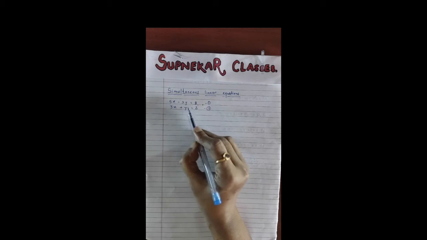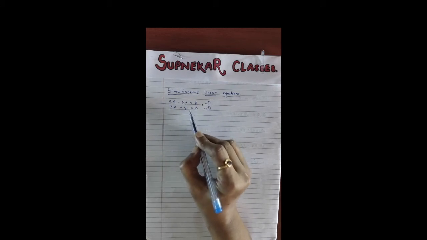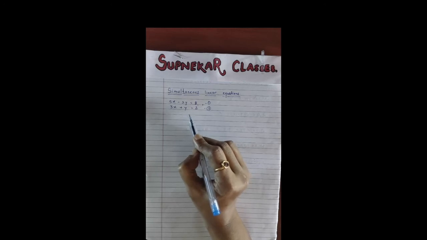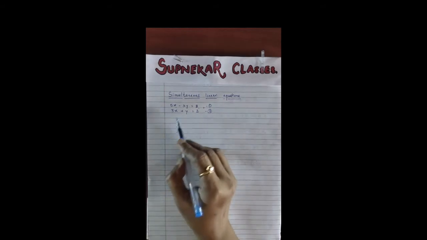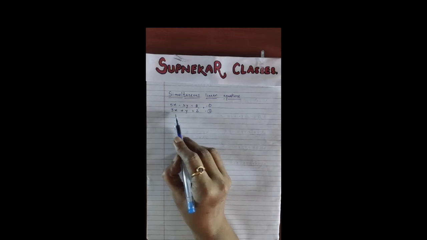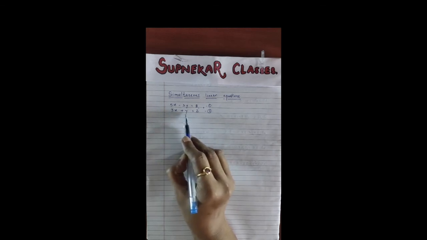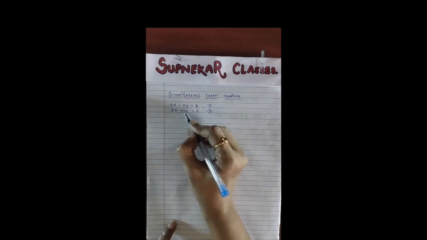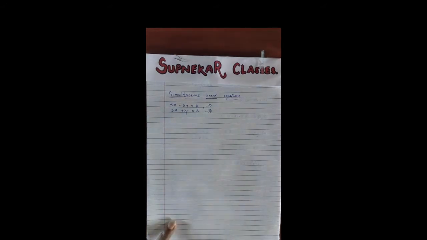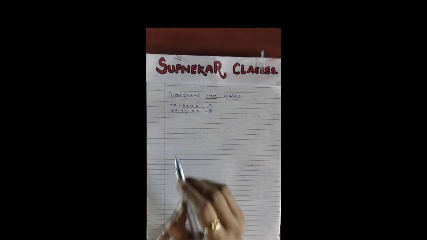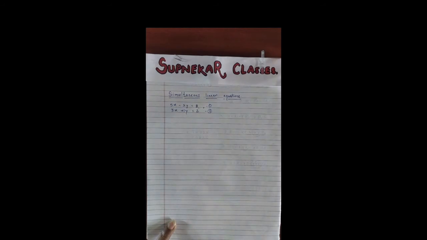This is the standard form of the equation, and the equation should be in this standard form only. If it is not given in this standard form, you have to bring it in the standard form. This is your first equation. In the second equation 3x, that means x चा coefficient, x चा सहगुणक 3 आहे. The coefficient of x over here is 3, and here it has not been given actually, but whenever the coefficient has not been given, you have to take it as 1. Are you getting me? Whenever the coefficient is not given, you have to take it as 1.